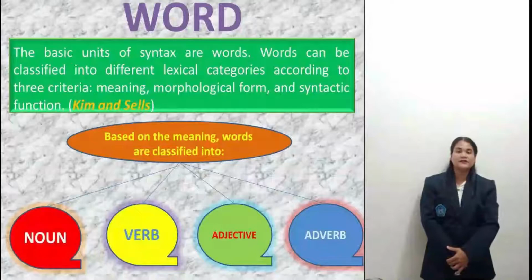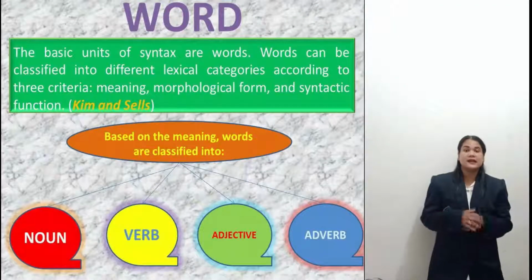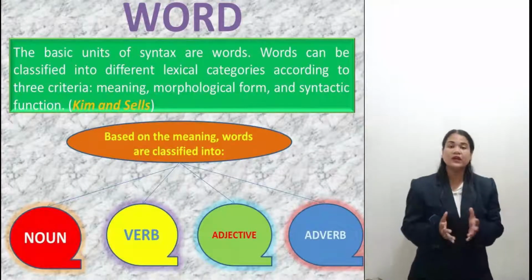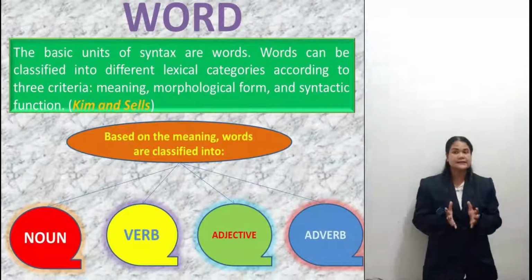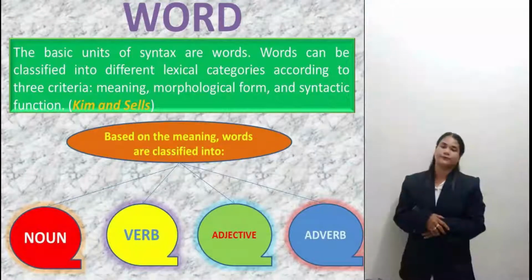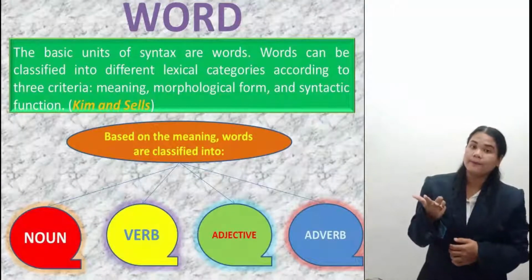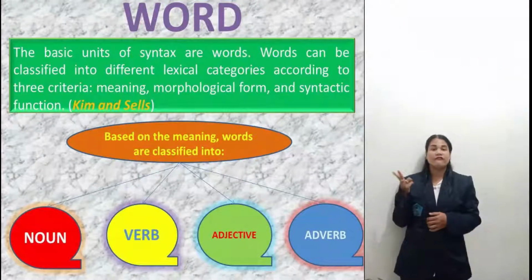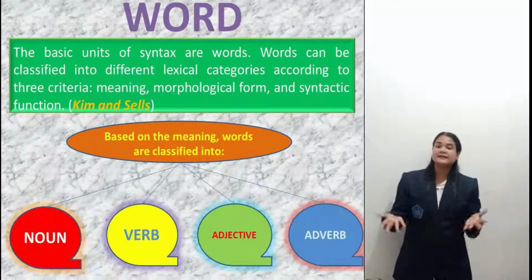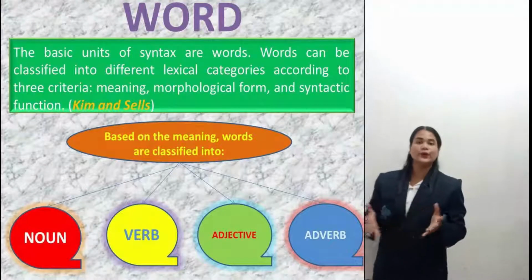Next, I will explain about words. The basic unit of syntax is words. Words can be classified into different lexical categories according to three criteria: meaning, morphological form, and syntactic function. Based on the meaning, words are classified into: